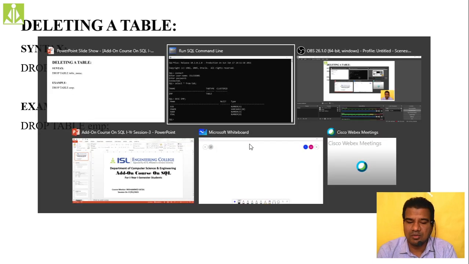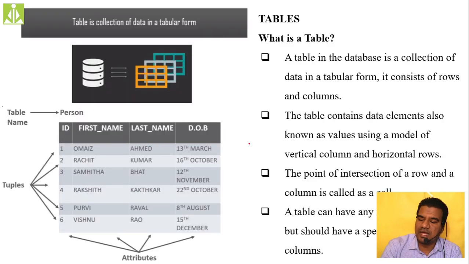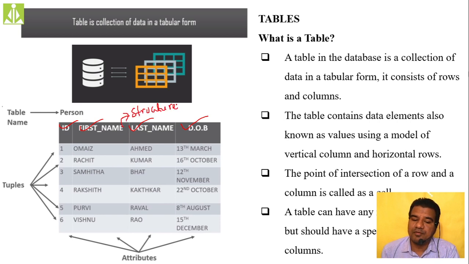If you see the table over here, I will go to the slide and I will show you. Here we have a simple table. The structure, in the sense the definition, the column names, the column types, how much length the column will take, all those things we call the structure of a table. We can delete the structure also. To do that, we use the drop command. The drop command will delete the complete structure as well as the internal content. Both things it will delete.